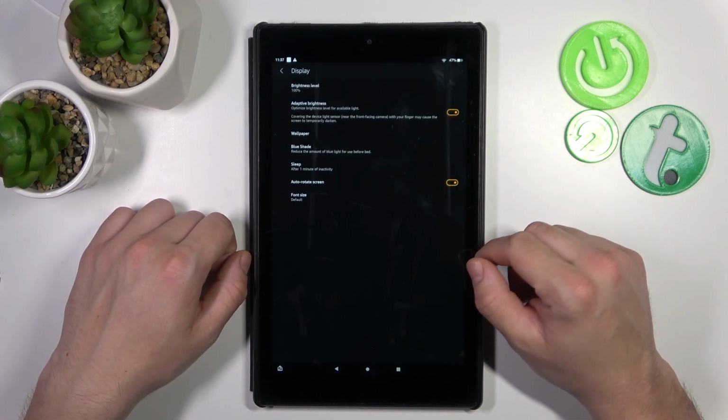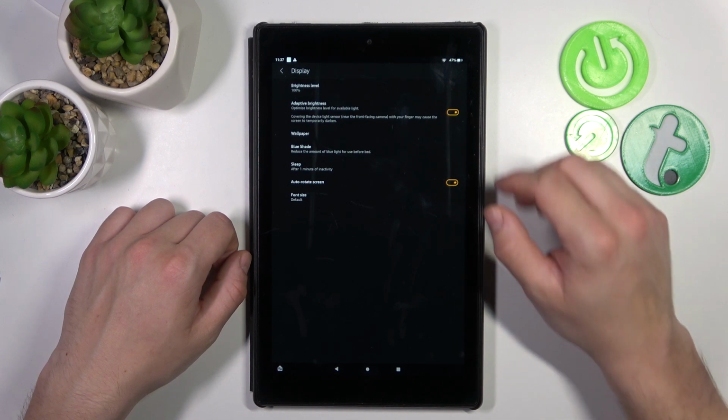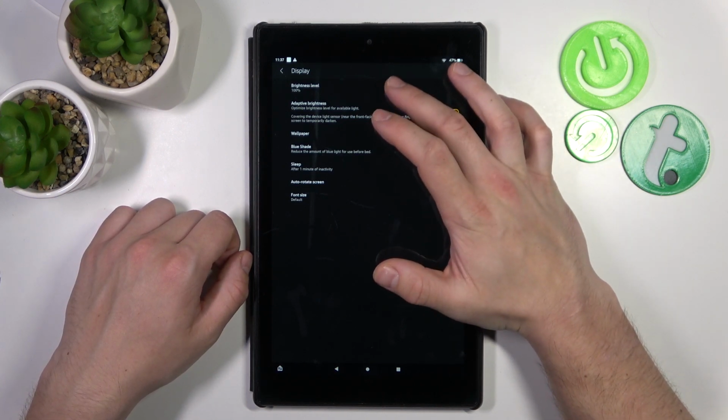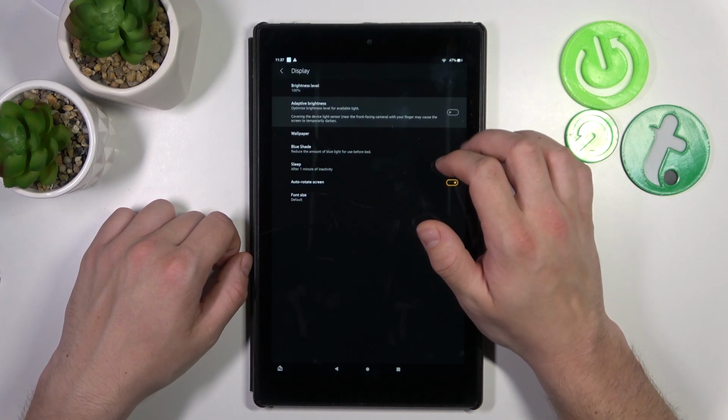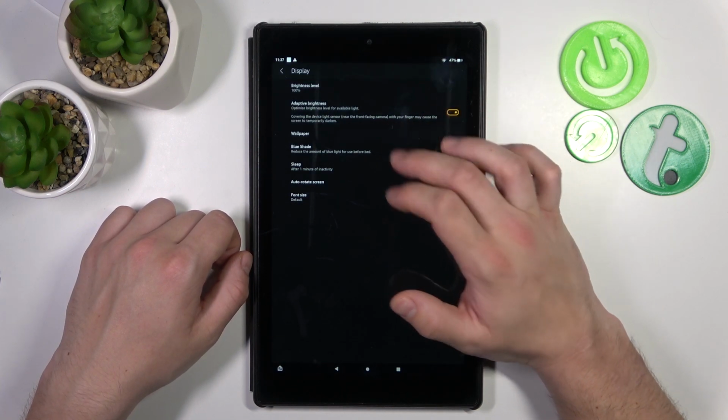As you can see right here, we've got all settings for our display. Let's start with the top of the list where we can change display brightness level. We can enable or disable adaptive brightness, change wallpaper,